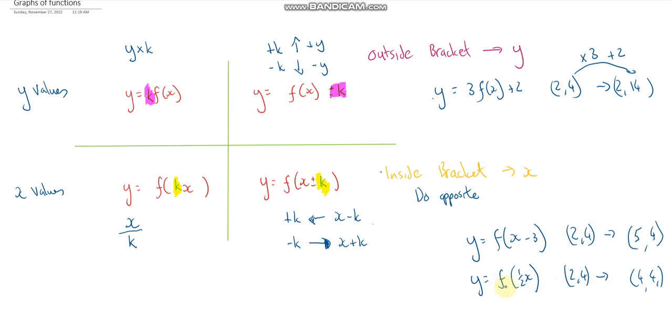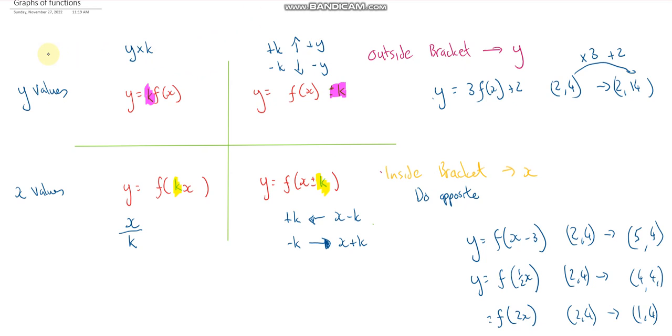So you always do the opposite to what's in there. If that was a 2, I'd be dividing by 2. Let me just show you that actually. So say we had f of 2x. We've got our 2, 4. That's going to become 1 and 4. Y stays the same. And I'm dividing by the 2. Okay, so